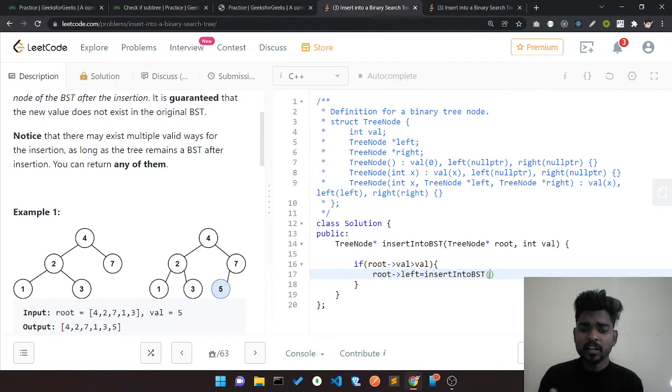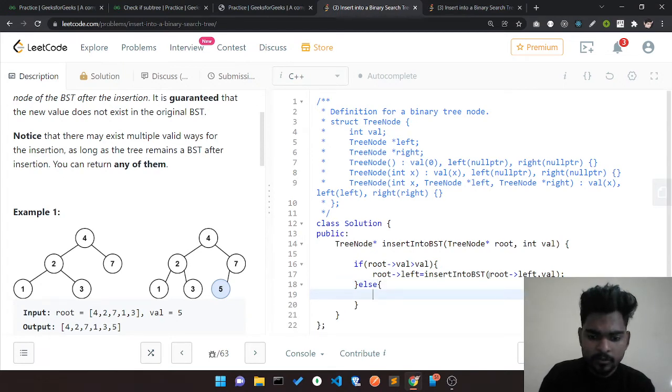Else, if my root val is less than the given val, then I have to insert my val into the right part of this node.